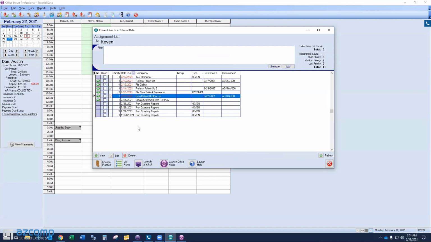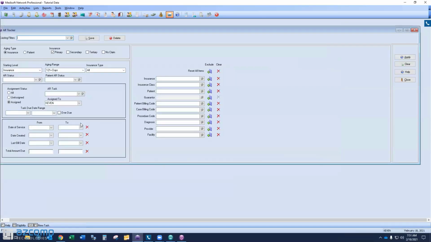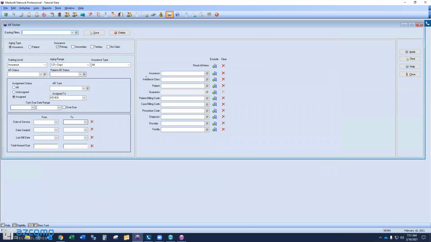Okay, so that's pretty much it. I also wanted to tell you that Medisoft has other ways to create different types of tasks. So in Medisoft, there's also a utility that we talk a lot about over here at ASCOMP because we really like it. We think it's a powerful tool. But this is the AR tracker, and this can also create different tasks. However, these tasks are just associated with the collections or the accounts receivable tasks in your business. And that's a different video for a different day, but I just wanted to let you know that was here,